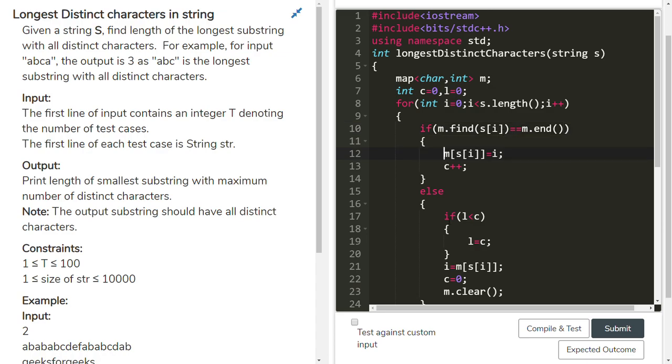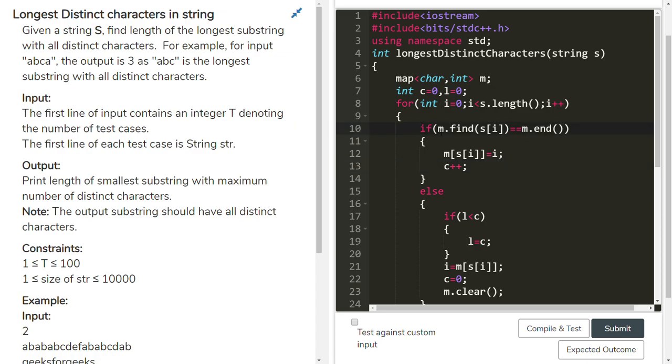Otherwise, the else block executes. So S of i is A now. A is not present because m is empty now. So m of A equals that index 0 and c value is incremented from 0 to 1. The i value is incremented from 0 to 1 and we are at the position of B now.